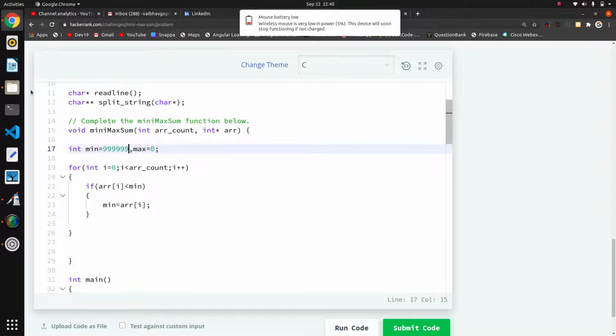I am taking this imaginary number. If my element is less than minimum, then I will assign minimum with that element.